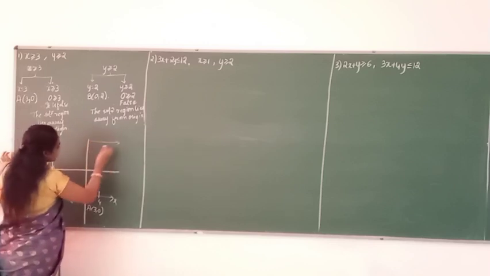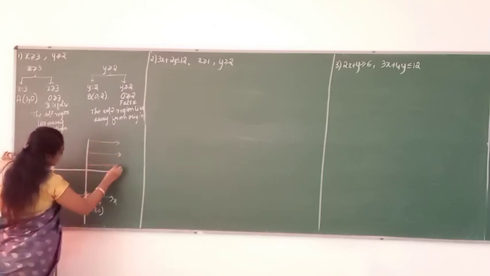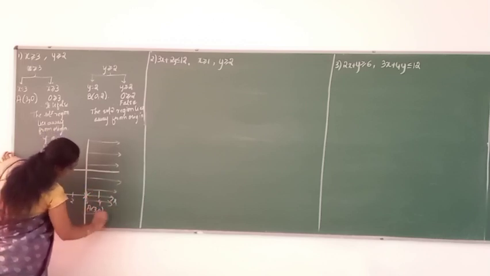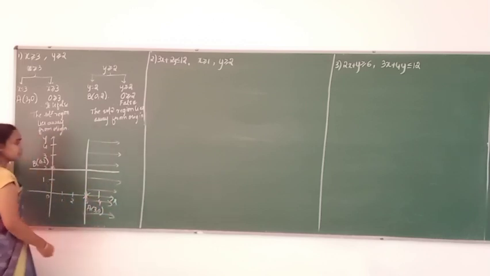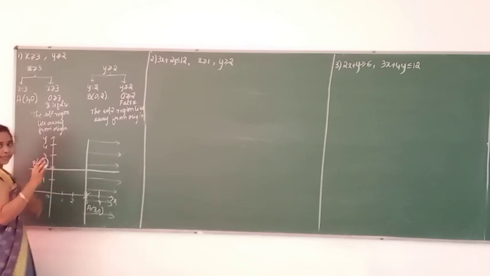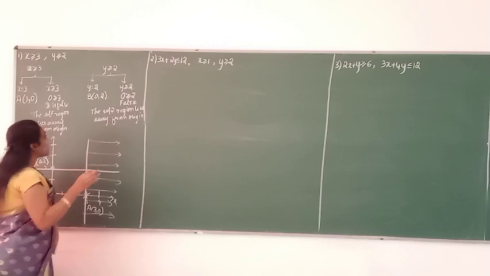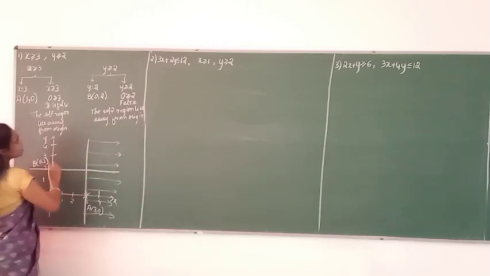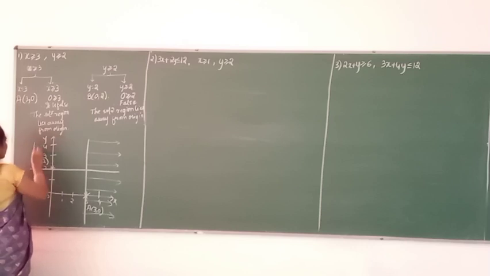So when it is false, it moves away from the origin. See how I am representing; in the same manner you will be representing the graph. Clear for you all? Next one, B 0, 2. As it lies away from the origin,